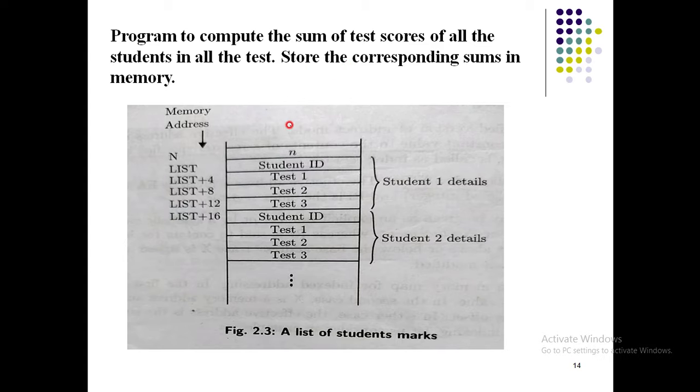Say for example, you have test 1, test 2 and test 3. And what it will do now is calculate the test sum. It will calculate these 3 test sums, give you the answer, and store the corresponding sums in the memory. Remember, in the memory. So what we are doing, friends, 3 tests are there, test 1, test 2 and test 3. We will compute the sum of these 3 tests, and whatever the addition value we get, we will store in one of the registers.